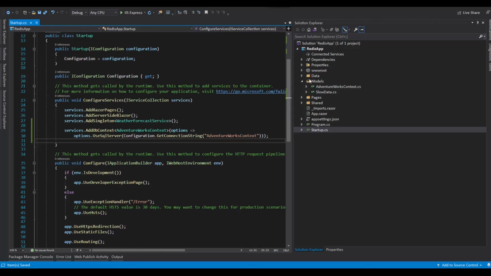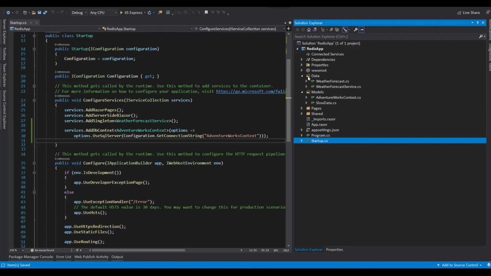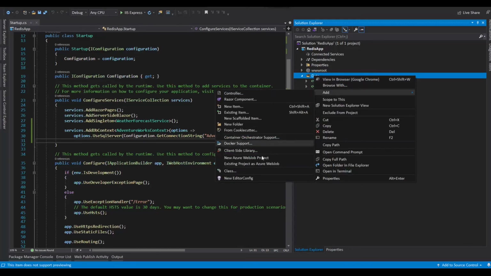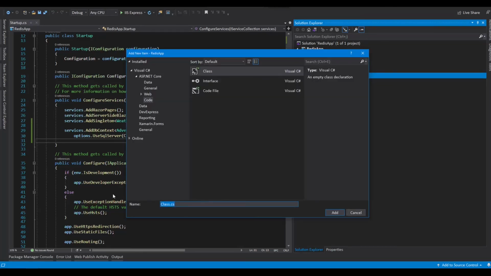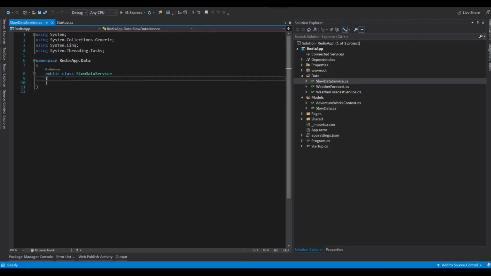So let's go up here to our data folder. I'm just going to reuse this data folder. These are the boilerplate services that are built in. We're going to go ahead and add a new class, and we'll call this class slow data service. And one of the things that we're going to want to do is inject our DB context into this. So let's do private readonly